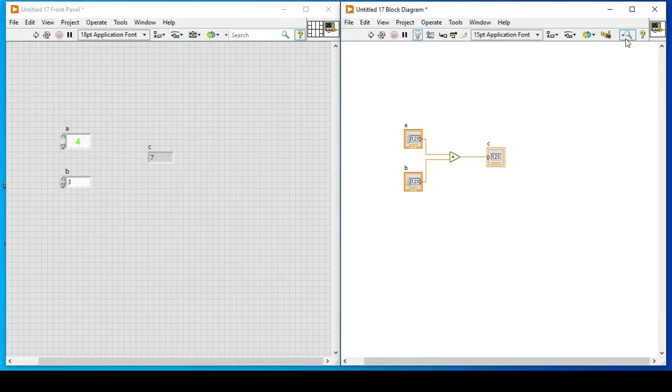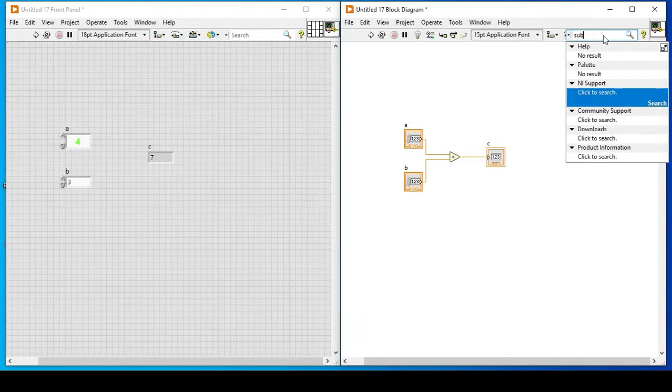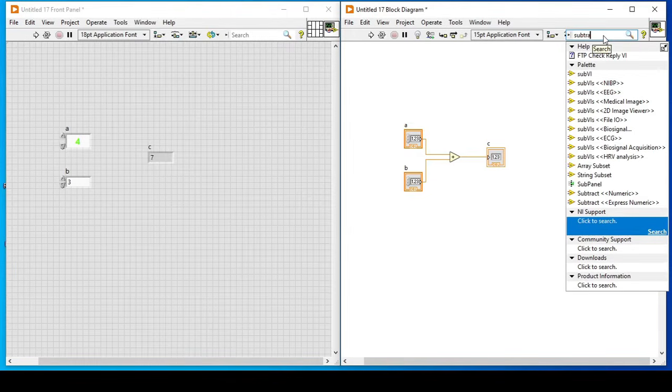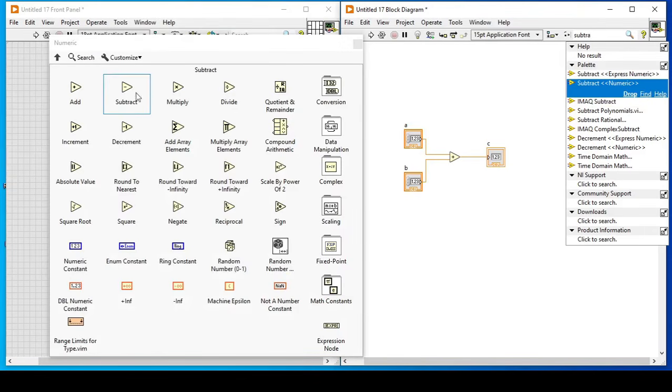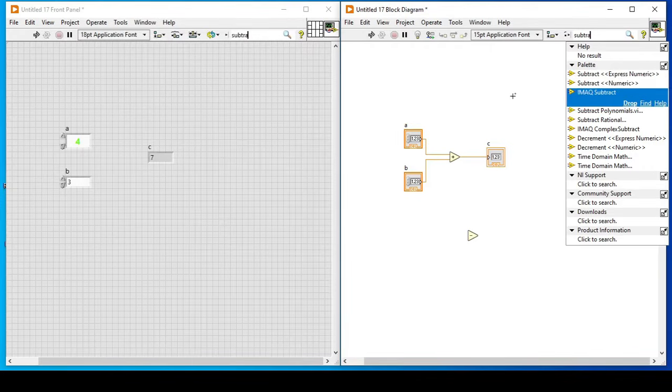And similarly we can find some functions in here, such as I want the subtraction function. So subtract function. So here is our subtract function. I can either drop it or find it. If I just press on find, this will directly bring me to that palette basically. So I can now drag and drop and place it anywhere on my block diagram. But note that